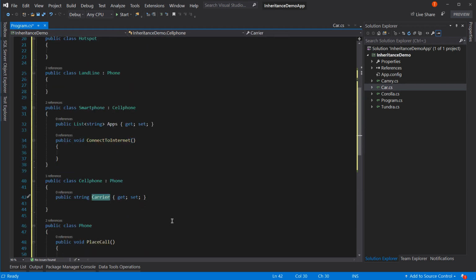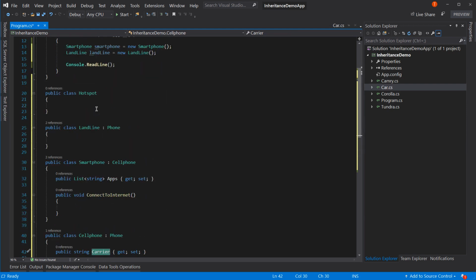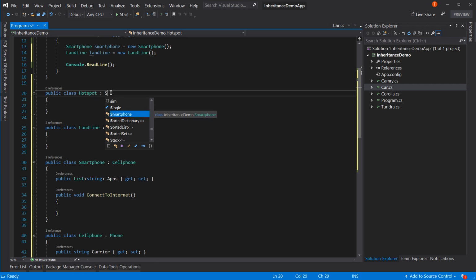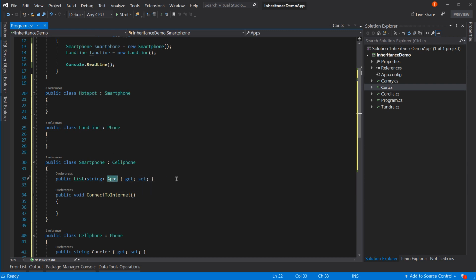A hotspot has a carrier. So I could say that a hotspot inherits from smartphone. But here's the problem. A hotspot does not have apps. And I say, okay, well, we can still inherit from